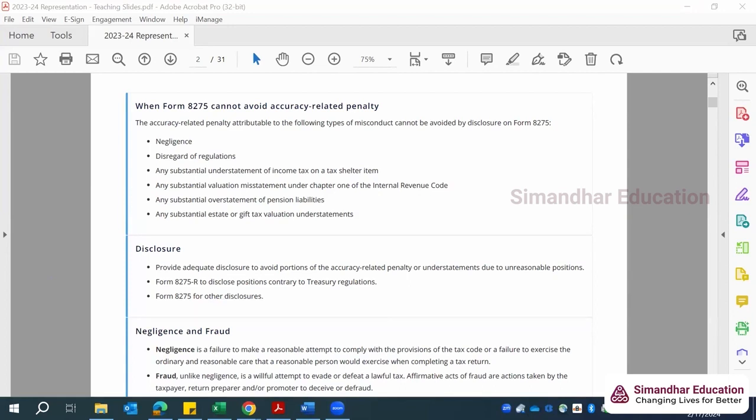Again, there can be a penalty where you are overstating your liabilities. That means, liability is again an expense to us. So there can be a penalty associated with it. And then if there is any substantial estate or gift tax valuation understatement. So to explain to you the last point,